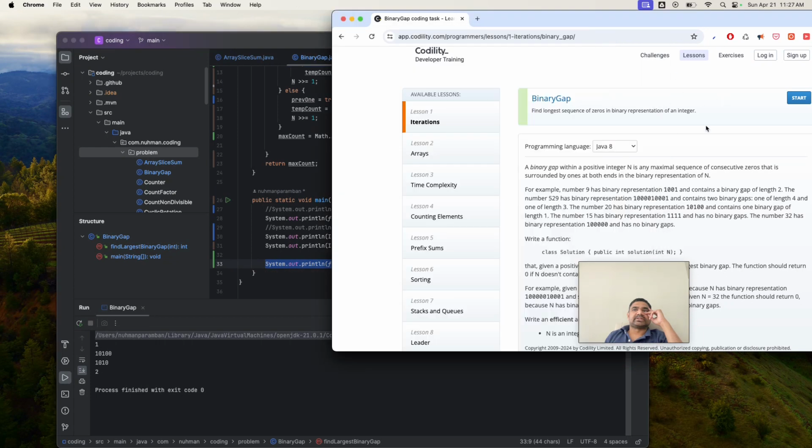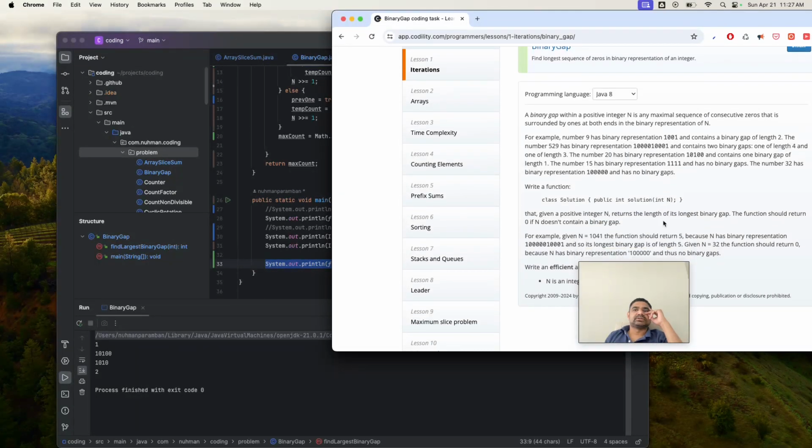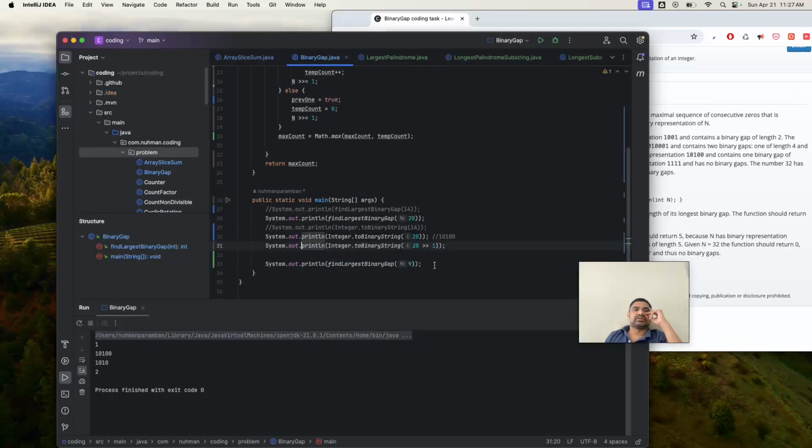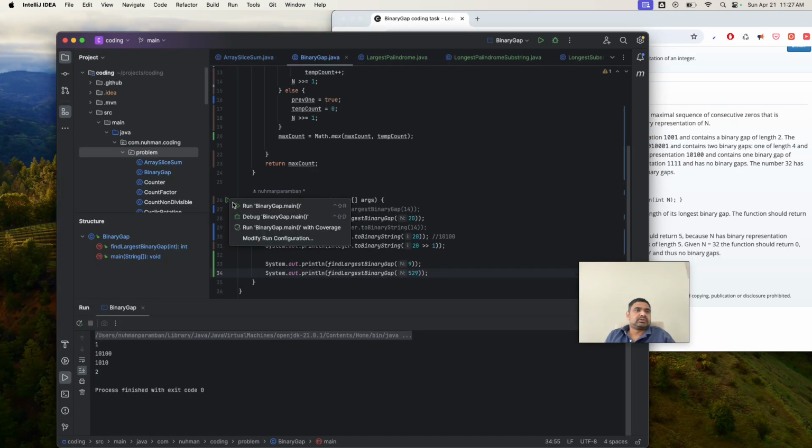Probably we can test some more scenarios, like from this question itself, 529, we need to get a 4, so we can test that one. That scenario works, I guess we are fine. We find out the solution for this one. So let's see. Yeah, it's also returning 4, so we are good, and we are done with these things